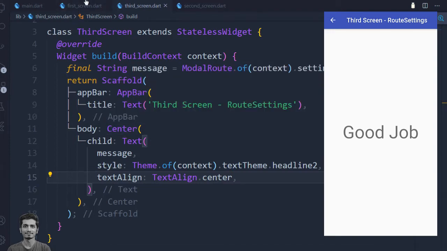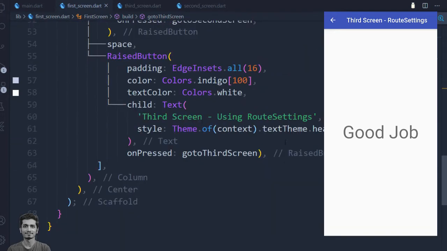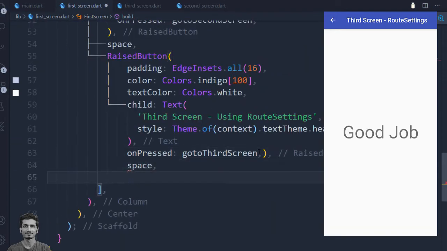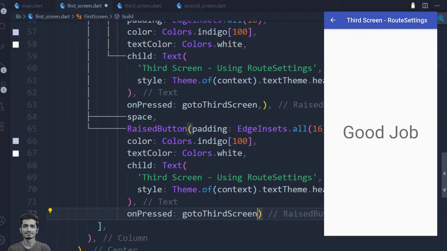Now let's see how we can receive the value inside our first screen. For that purpose, we will create another button. By pressing this button, our navigator will take us to a dialog box.